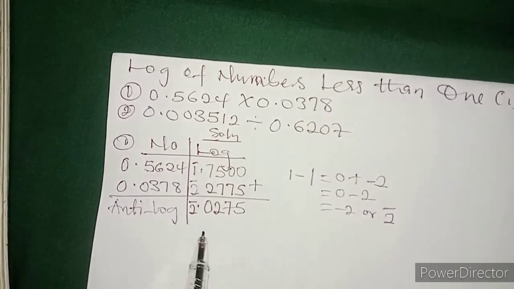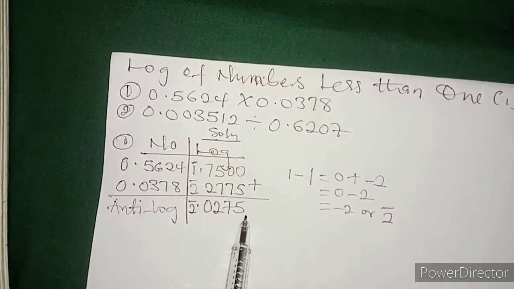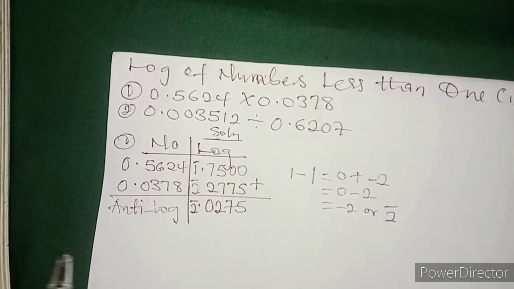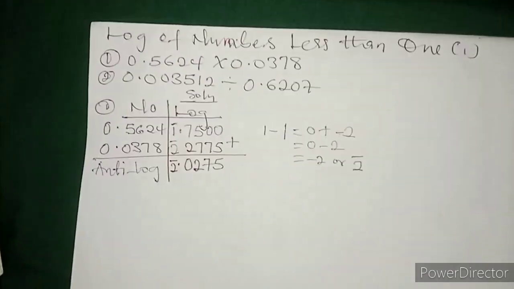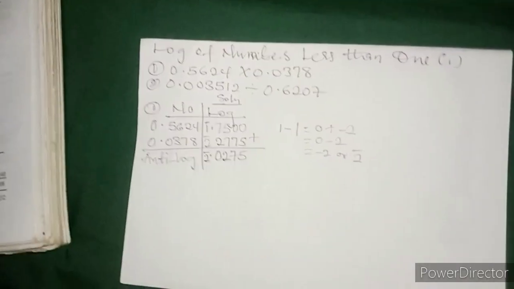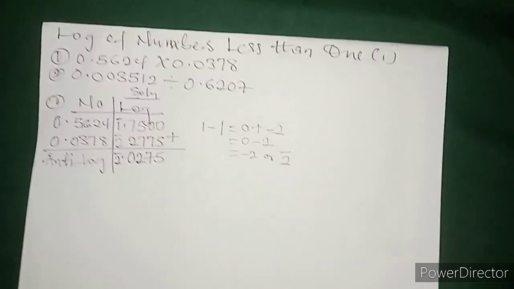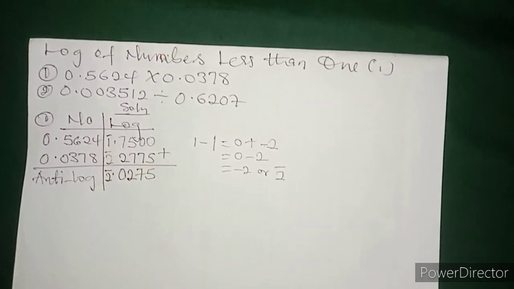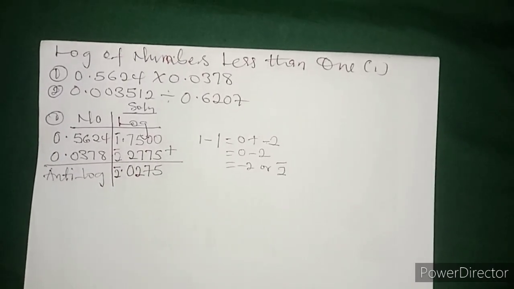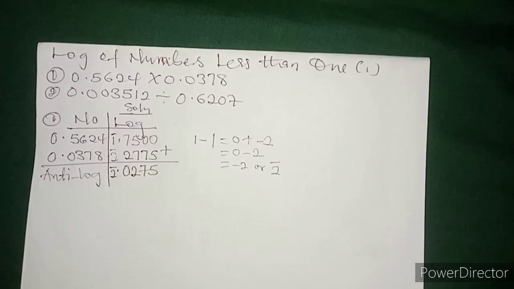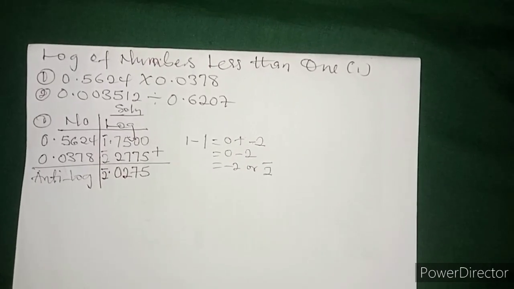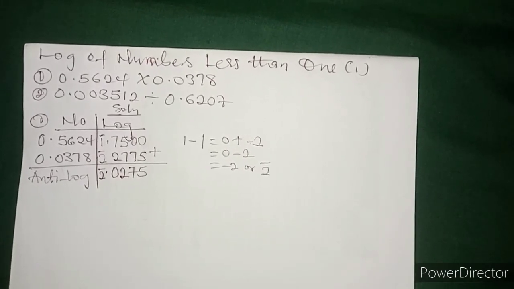Remember I told you, anti-log of your mantissa, not your characteristics. So anti-log of 0.2 under 7 difference 5 is as simple as having 0. Okay, quickly, that will give us